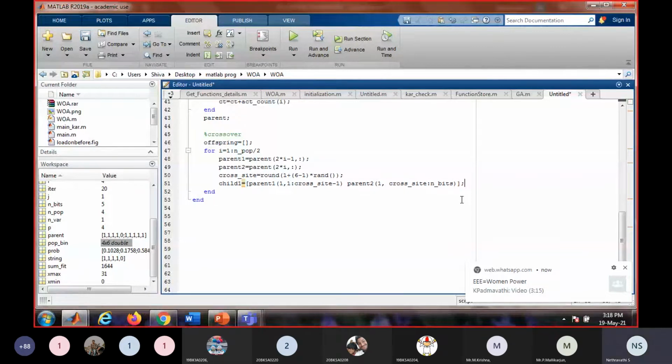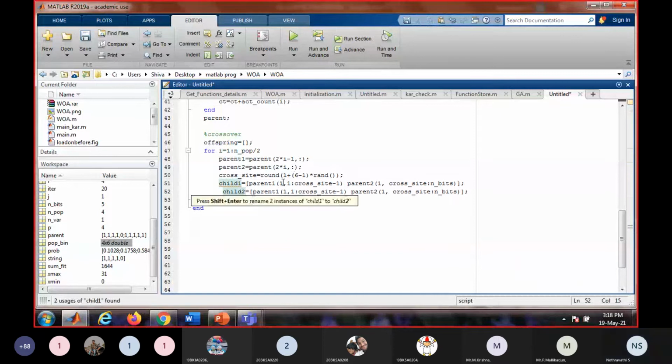Close the bracket. Okay, similarly, child 2 is selected, but this child 2 will have the first half of parent 2 and, after the crossover point, the second part of parent 1. Okay.